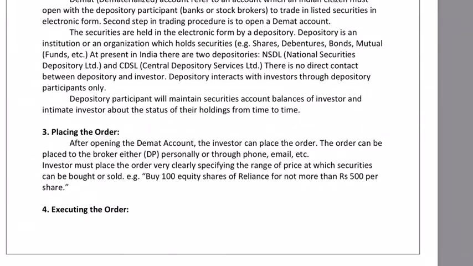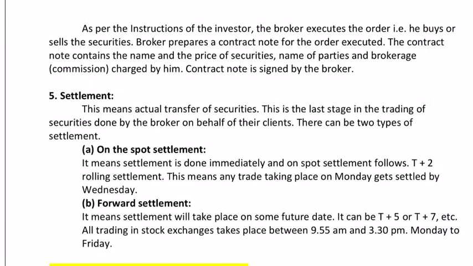Then comes execution of the order. Now broker has the order from the investor, and now he executes the order through the ETS system or the electronic trading system, because now he is authorized to execute the order. So once the order is finalized, the broker issues a contract note to the trader with the details of the transaction. So once he executes an order is finalized, whatever has been the transaction details, that is given in the form of a contract note to the trader.